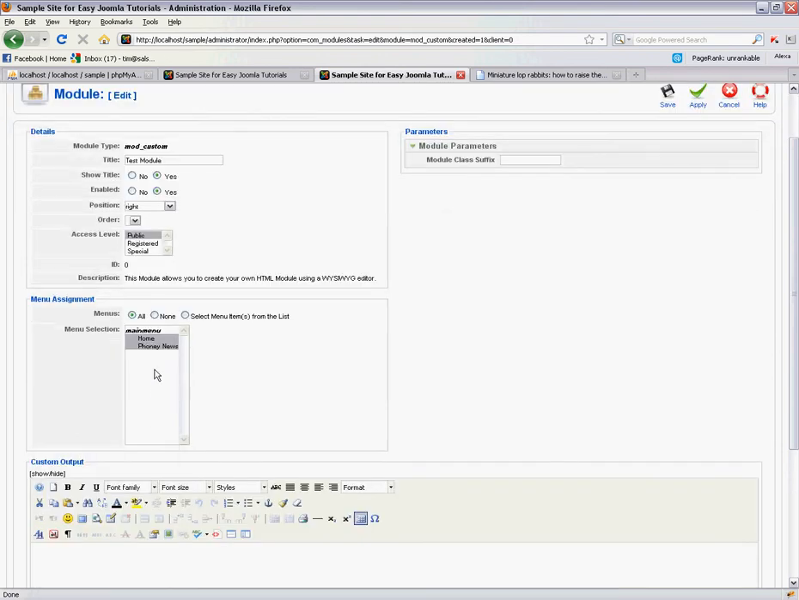And here we can select which pages we want this turned on. Now this will correspond to your menu items. So you can select it for all pages, no pages, or you can just select one page, or if you hold down control you can select multiple pages from the menu system. So for this example we'll just turn it on just for the home page,